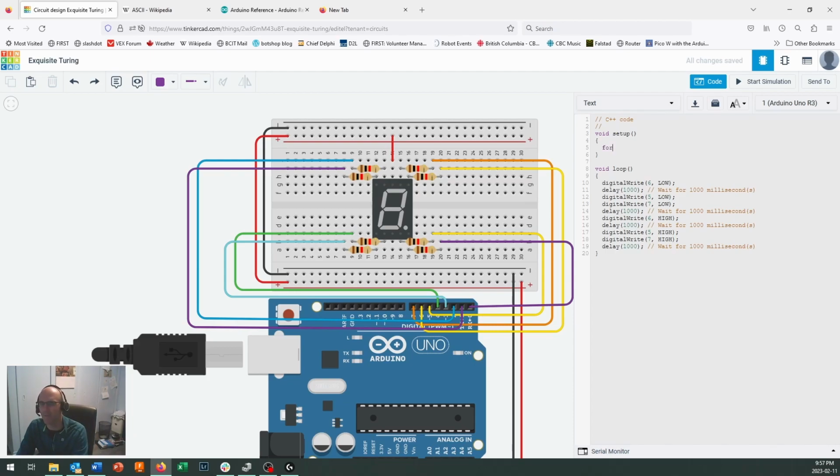It starts out by typing for. Now you'll notice that we got it right because for changes color. Then we put a bracket on there, and I have to declare a variable. We'll talk more about the variable types, but for right now we're just going to use an int, or integer, variable type. It's our most common one in the Arduino. For int, and I'm just going to say x equals